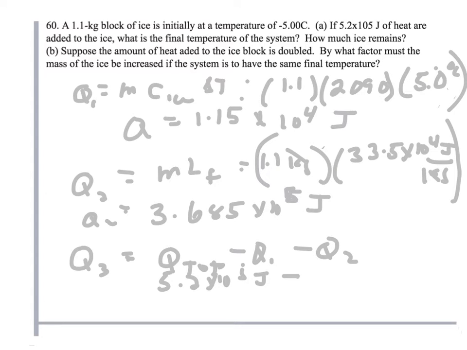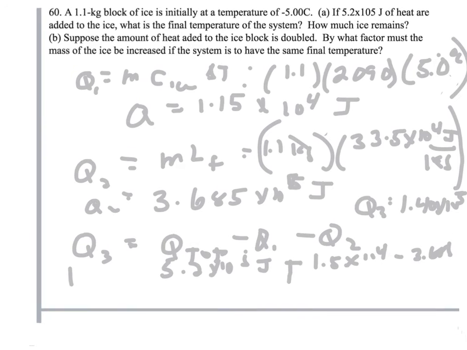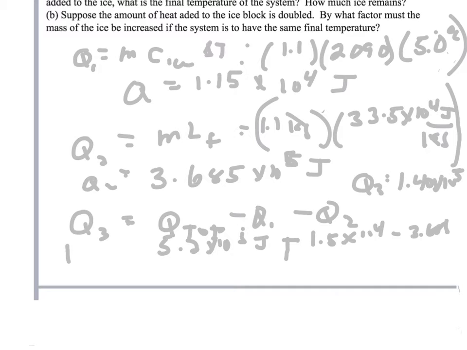minus our 1.5 times 10 to the 4, minus our 3.685. So they're the two that we calculated already, and we find that Q3 is going to equal 1.40 times 10 to the 5th joules. And if we just move that up a little bit here,